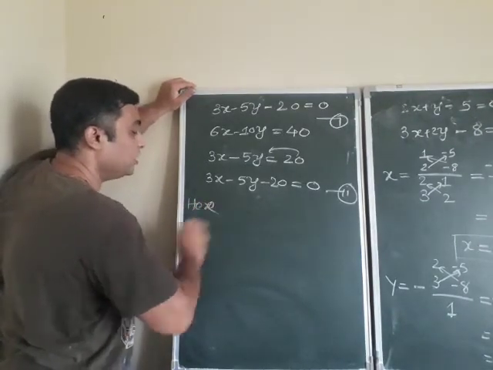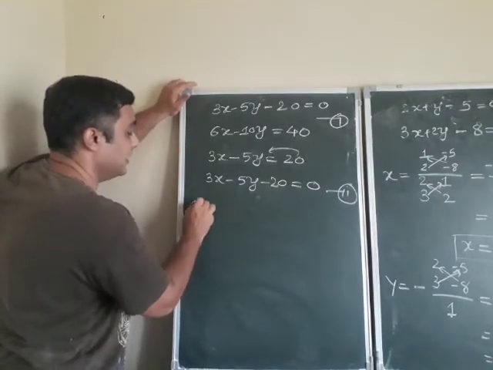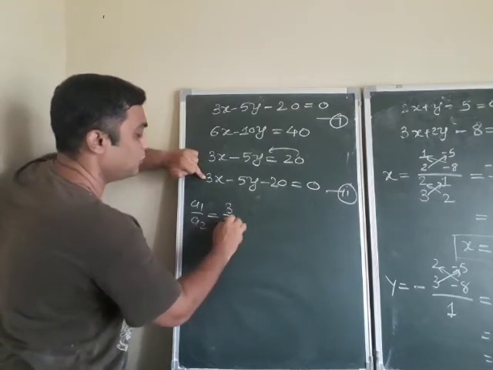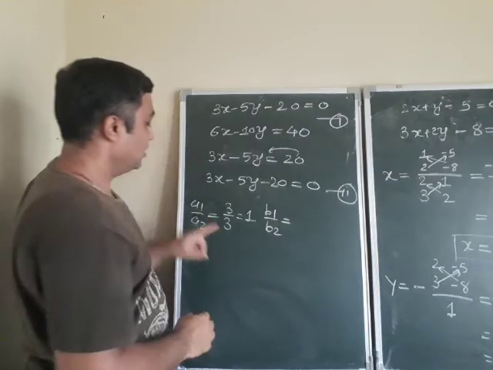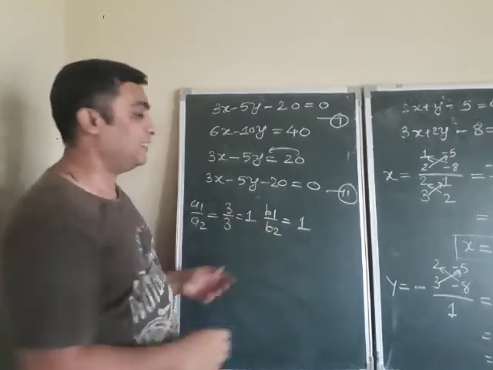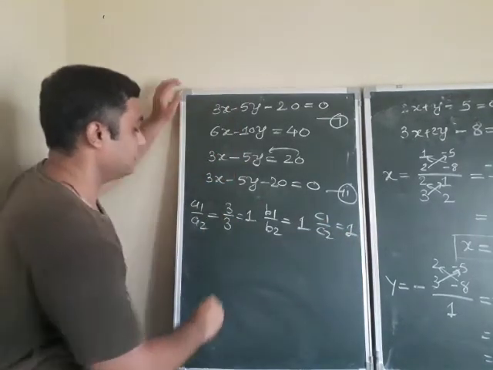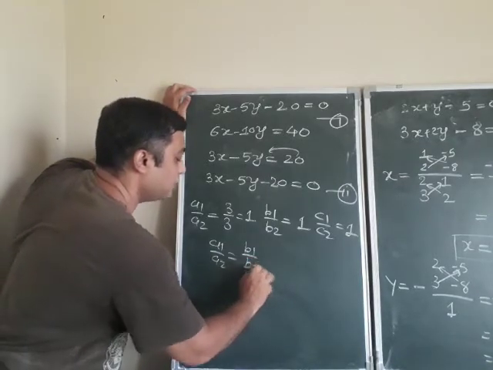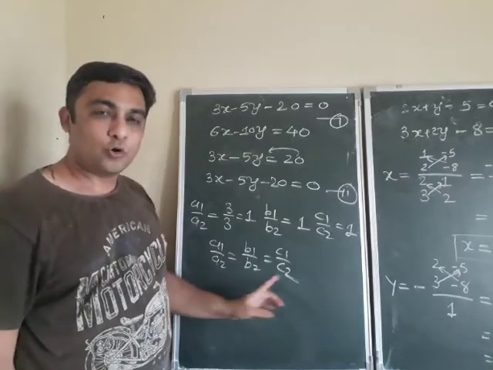So here, if you want to show it by using that constant method, you can show it. See, a1 upon a2 is equal to 3 by 3. पता तो पहले से ही है, 1 b1 by b2. अगर ये 1 है तो ये b1. Don't shift because तीनों सेम ही आएंगे ना. And c1 upon c2 is also 1. We just want to write. So a1 by a2 is equal to b1 by b2 is equal to c1 by c2. So the lines are coincident.